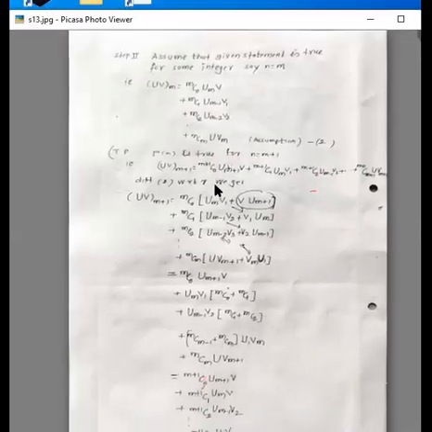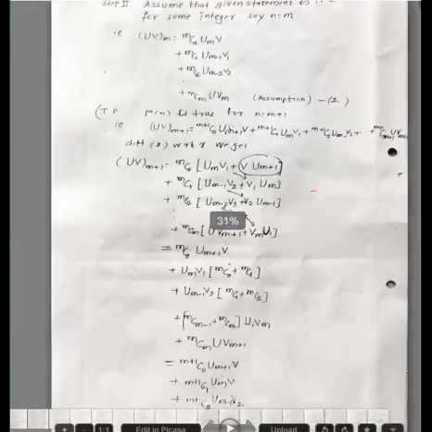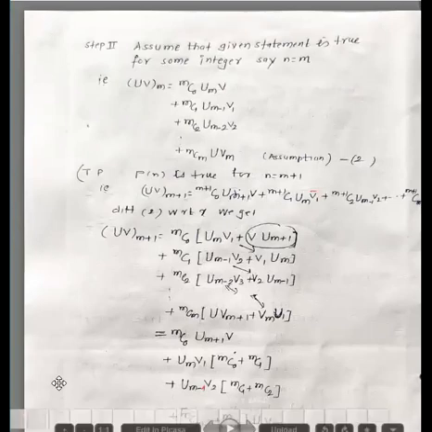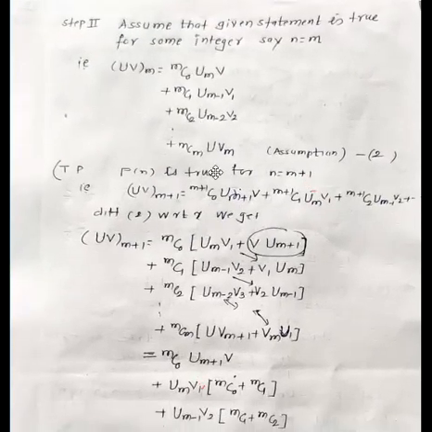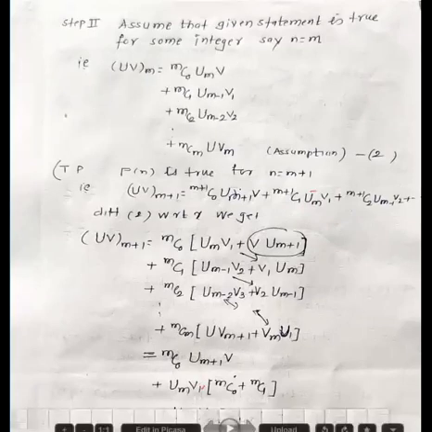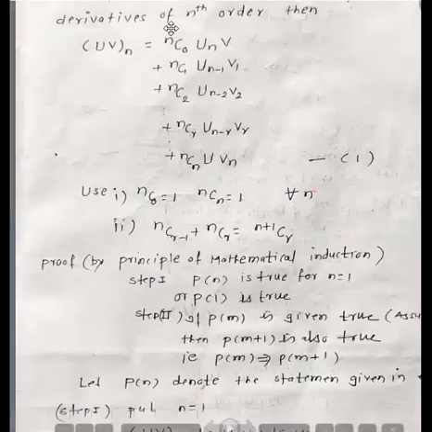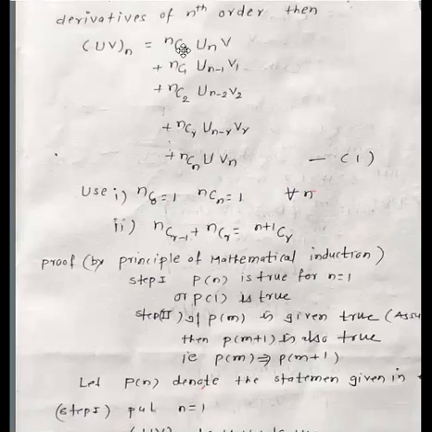Now the second step is to assume that the given statement is true for a certain value of m. So we assume that. What is the meaning? The mth derivative is given by this formula. How do we get this formula? Wherever we have n, replace this n by m. So we get mc0, mc1, mc2 up to mcm. Here we begin with u to the m minus 1 and finally we get u here. Here we start with v1, v2 up to vm.